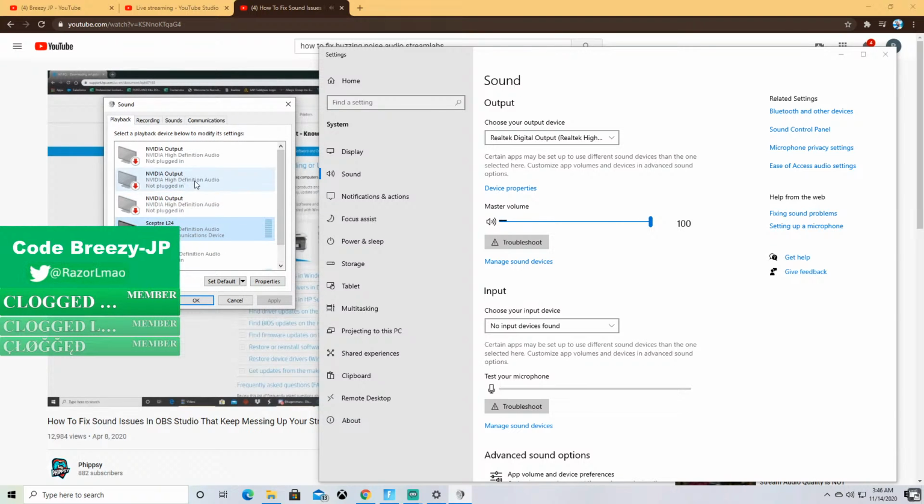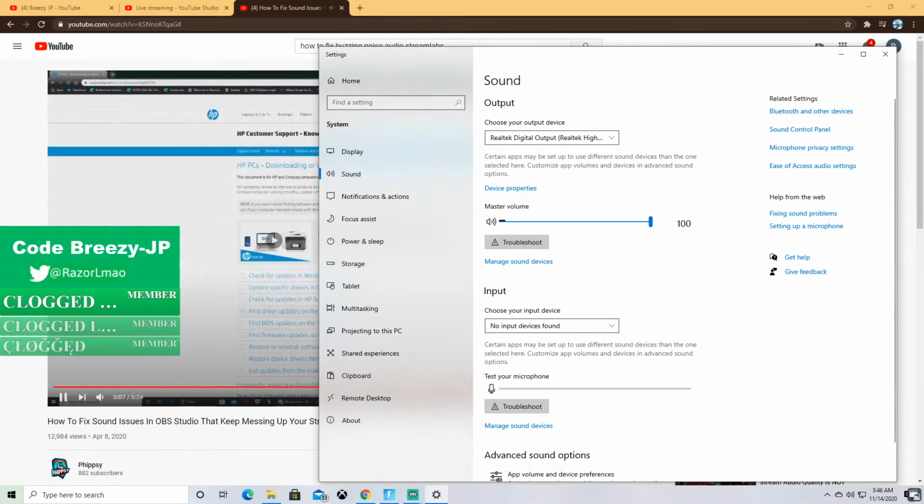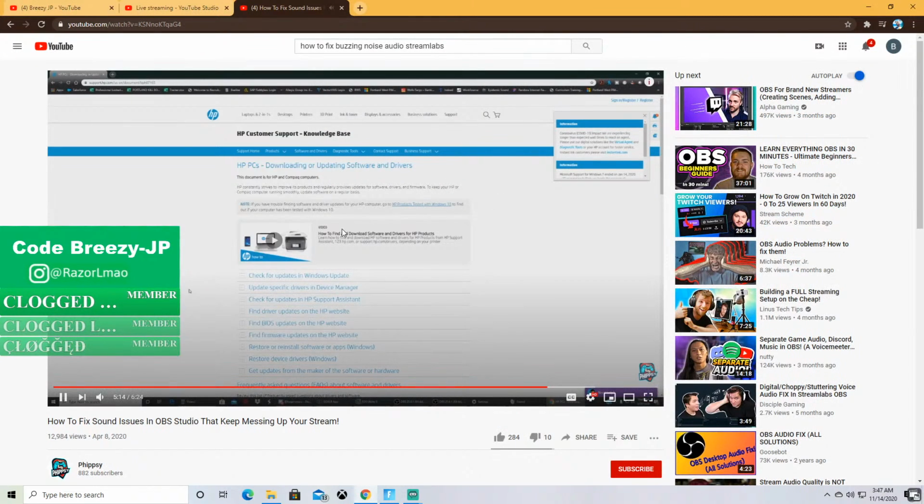You can go to your manufacturer's website. Mine is HP. For my sound card, download the newest one, and this should fix all your issues if you've gone through the previous steps and nothing has helped. This should be the final tell-all, and this will be a more extensive one, since you do have to actually download something onto your computer instead of just